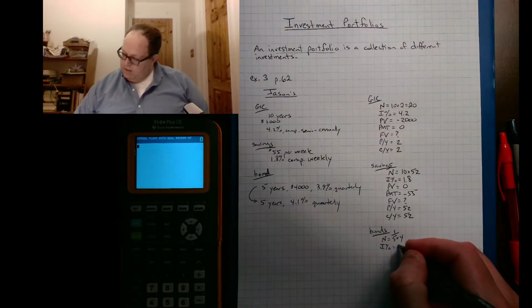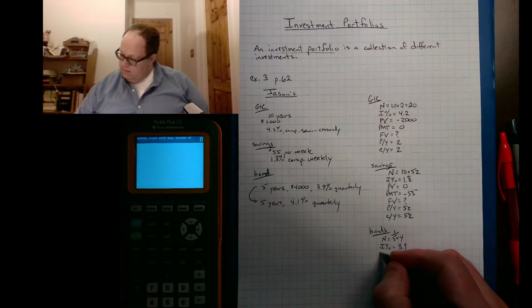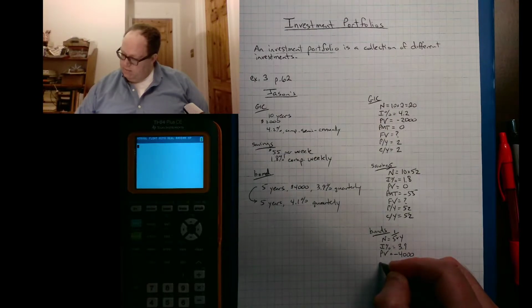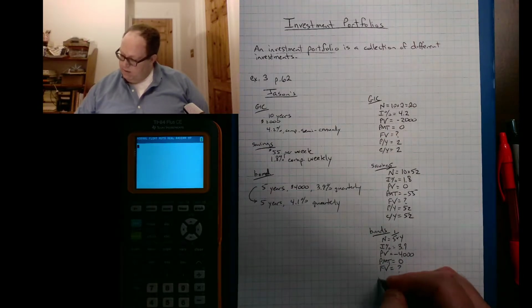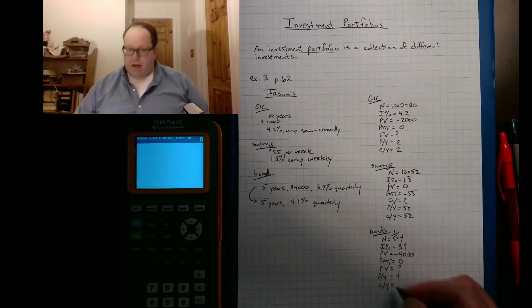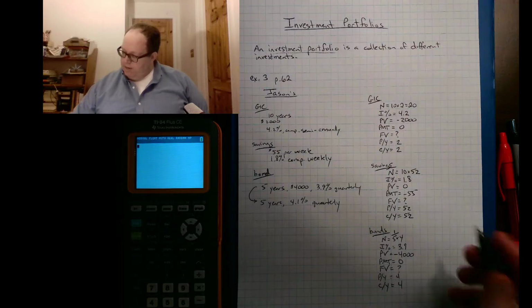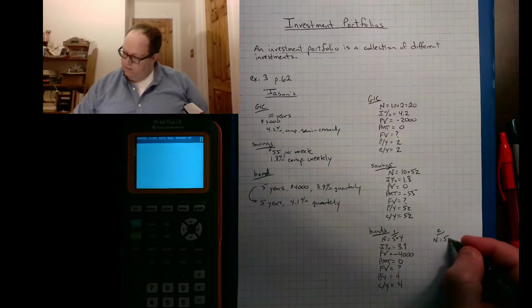First bond received 3.9%. $4,000 was placed into it with no regular payments, a future value that we need to figure out, and we'll make our payments per year and compoundings per year to match up with the quarterly nature of the interest. But there's also a second bond which also runs for 5 years quarterly,